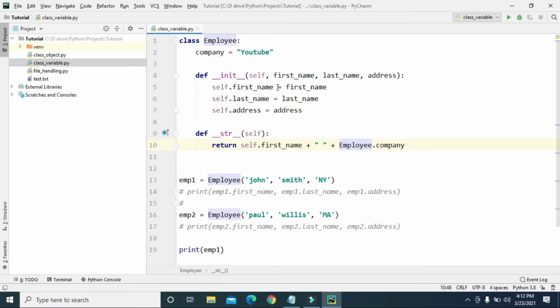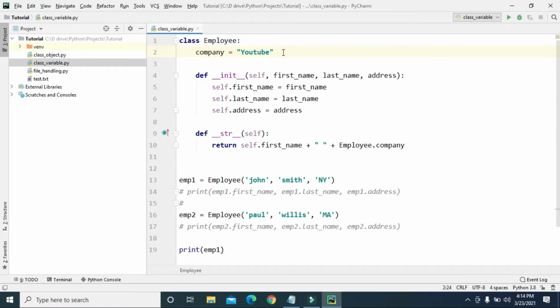So let's say we are creating the employee class for YouTube company, but in YouTube we have one employee who is not working directly for YouTube. Let's say there is one employee who is actually an employee of Google company, but he is only working in YouTube for some specific projects. So in that case, we cannot describe that employee as an employee of YouTube